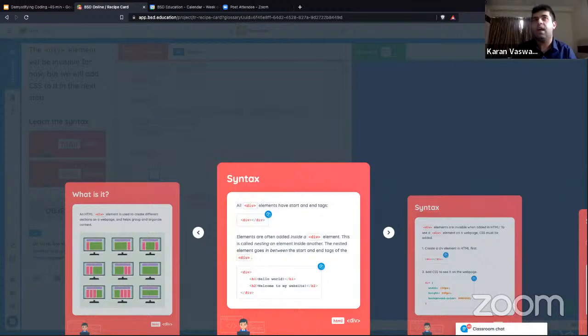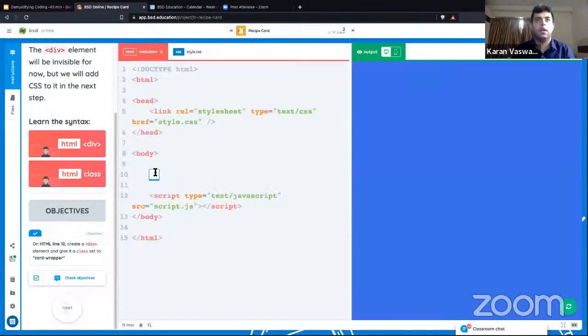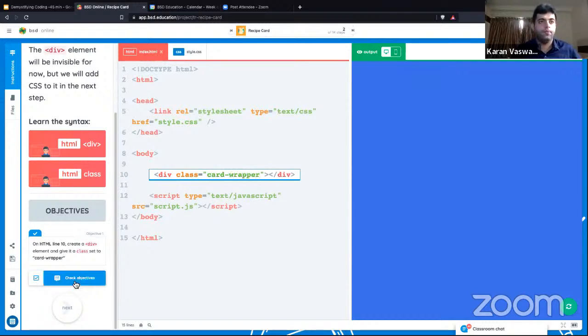All right, so what I'm going to do here is copy the syntax and paste it within the gap here. And it also says to give it a class called card wrapper. So if you check objectives, you can see that you've done everything and you can move on to the next step. So obviously the box itself has not been styled, which is why you don't see it on the output just yet. So if I move on to the next step,